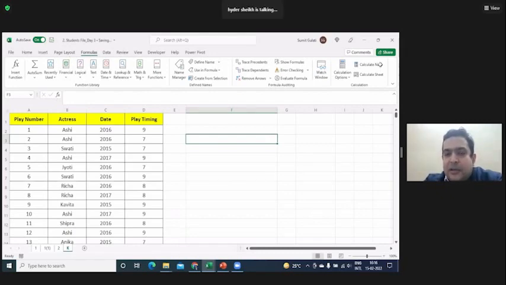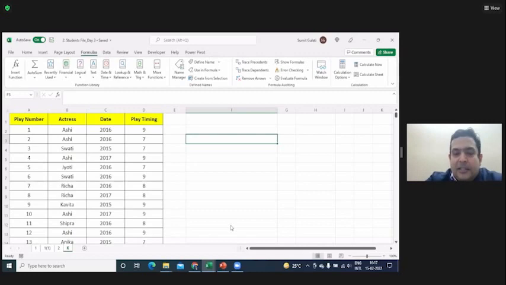I named it all. Actress and dates ranges have been named. The problem said, can you tell me the total number of plays in which Ashi acted in 2016 and 17 combined? That means I want Ashi 16 and Ashi 17 to be counted together.